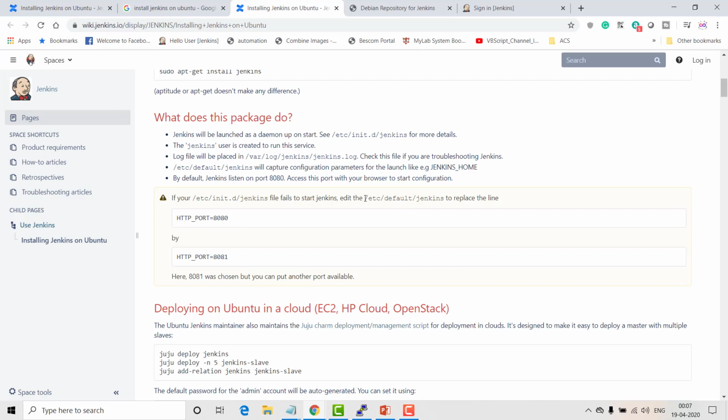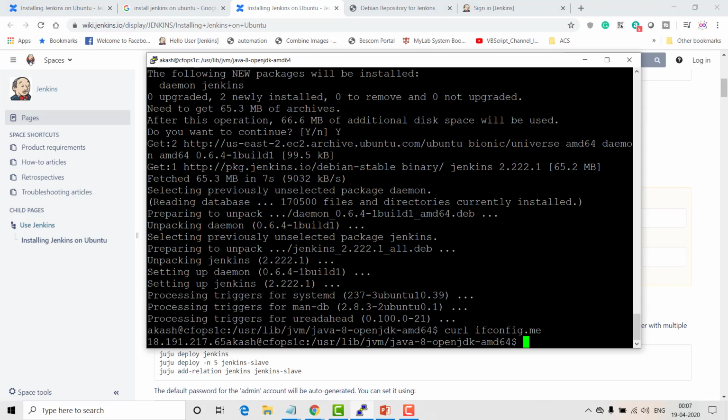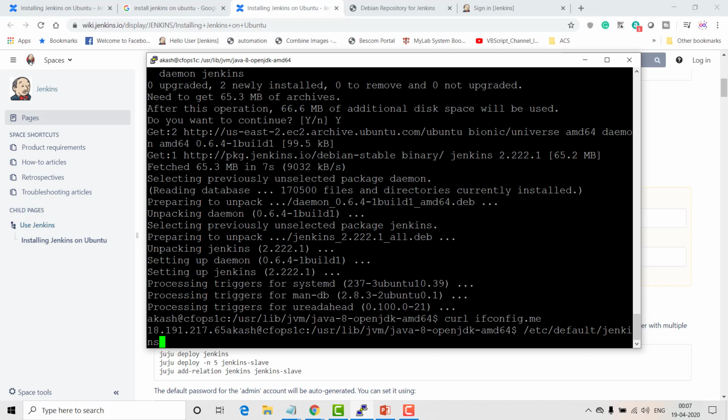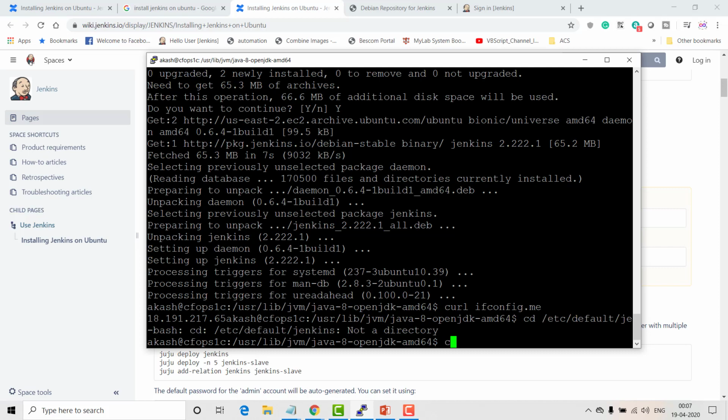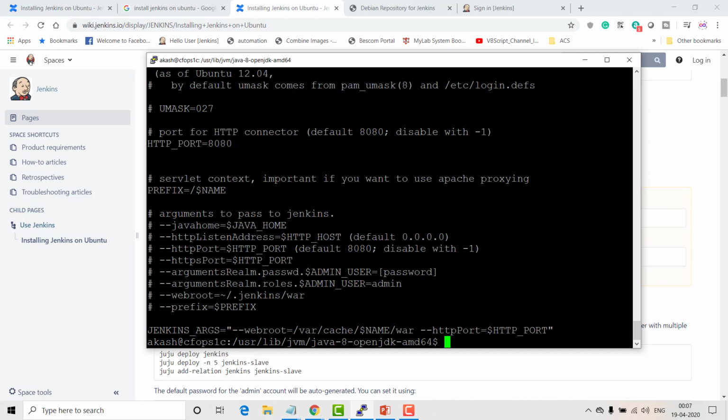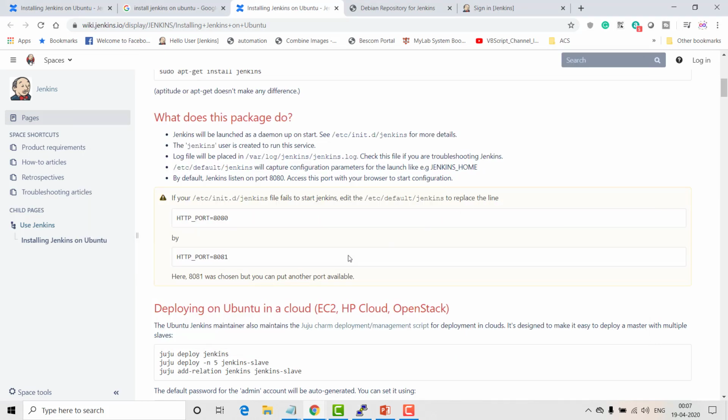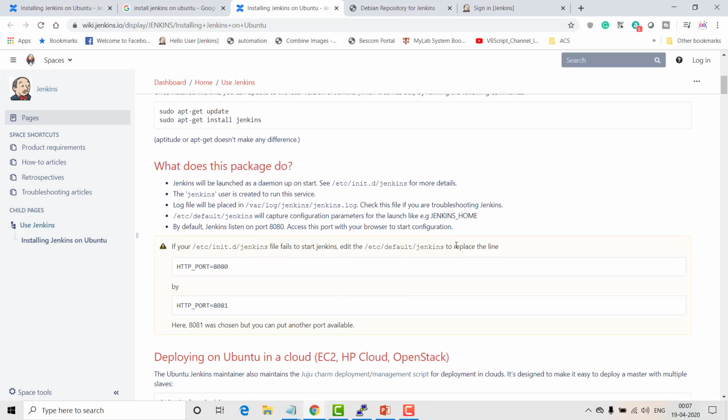In that case, just go to this particular location and you can see here that the HTTP port is 8080. Just change it to any port you want, either 9000 or 8081, any port of your own choice. Once you have changed it, try running Jenkins again and then you are good to go.